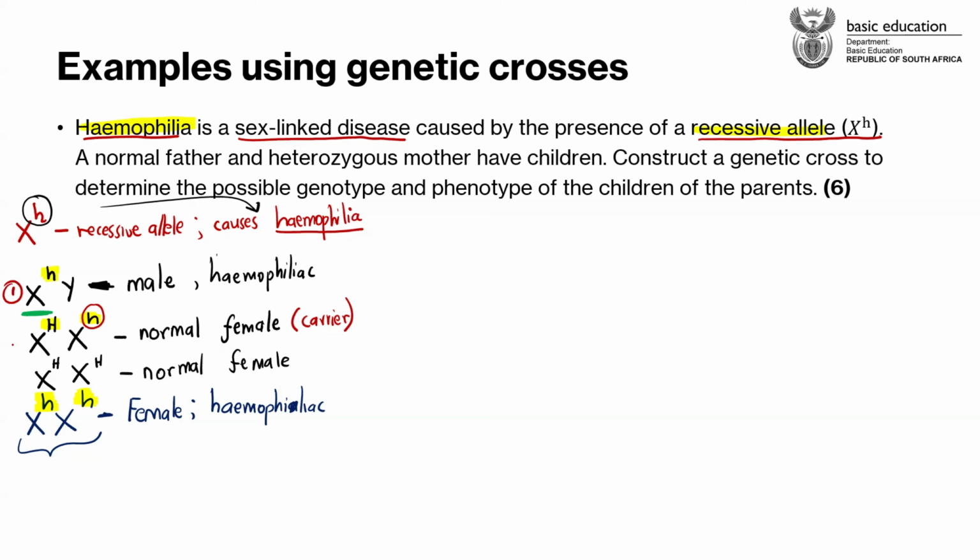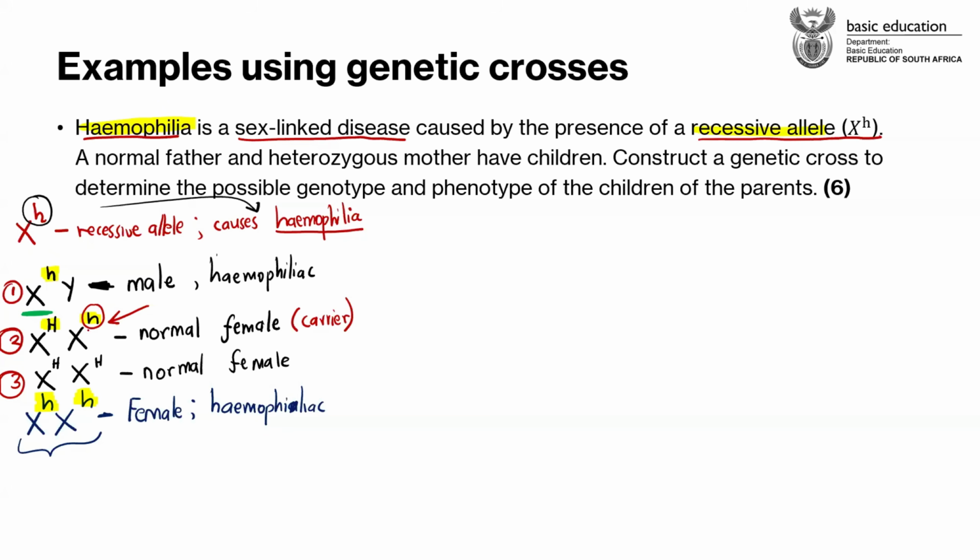So this is 1, this is 2. You see this normal carrier female number 2, she has got a capital letter H, a dominant allele, and she has also got a small letter h, a recessive allele. We know that this recessive allele has an effect. It is the one causing the disorder, but because there is a dominant allele, it is masked according to the law of dominance. I already told you that the law of dominance says that in a heterozygous condition, the dominant allele is the one that shows in the phenotype.